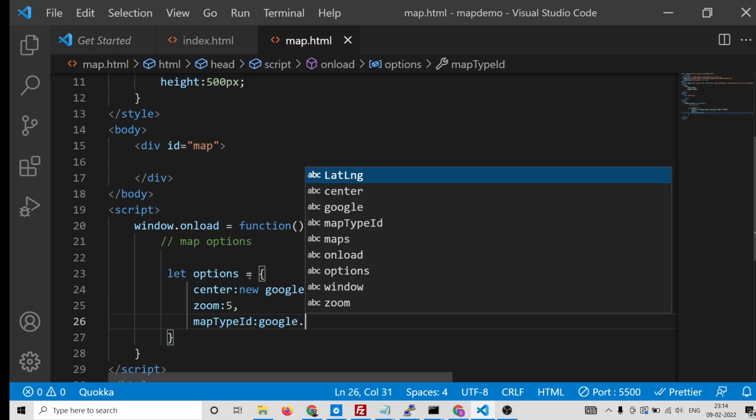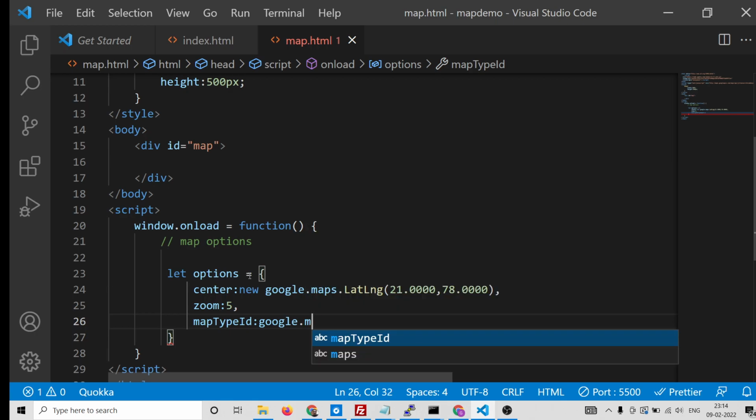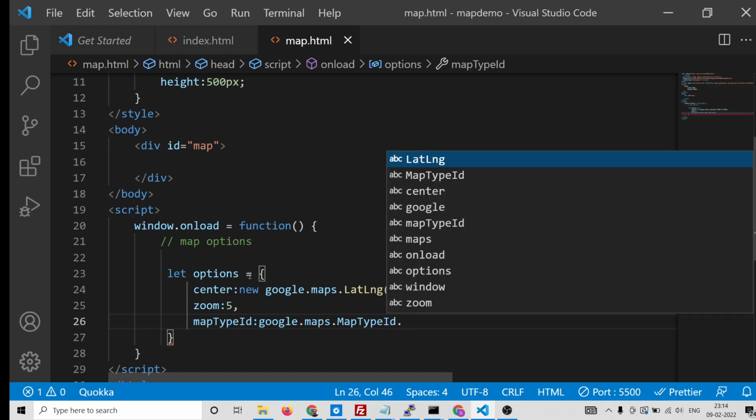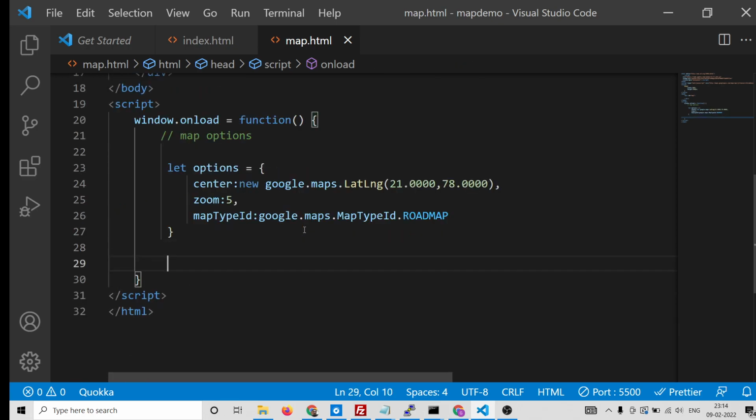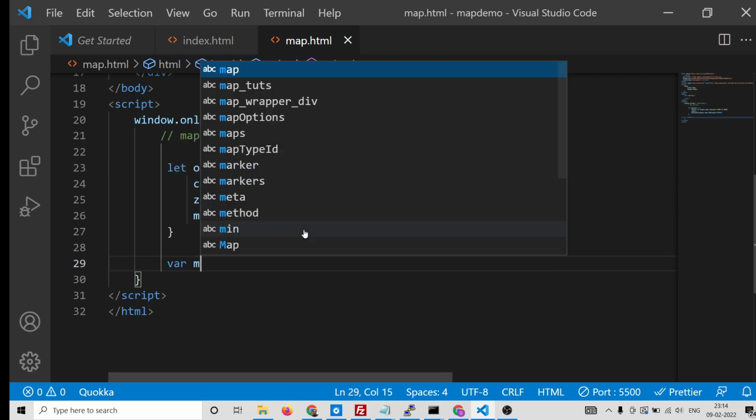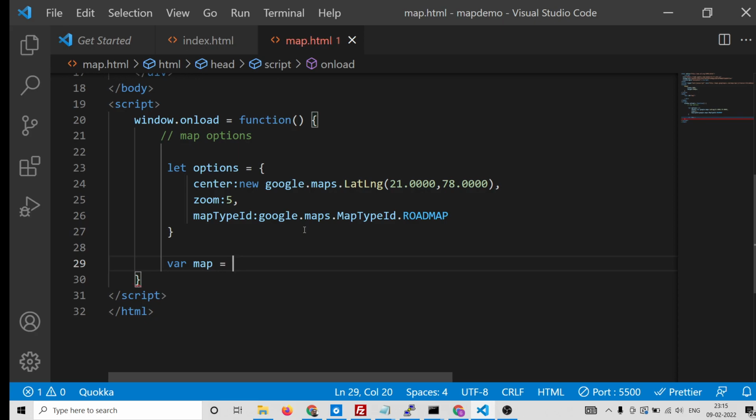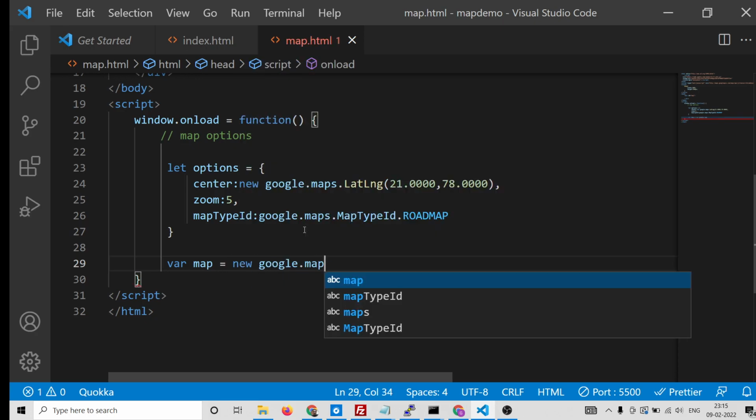So this also supports many options, but I will take this option, which is google.maps.MapTypeId. This is a constant, which is ROADMAP. We will display the roadmap. After having these options, now we will display this map. So we will instantiate a new instance of the maps library. So we will say new google.maps.Map,